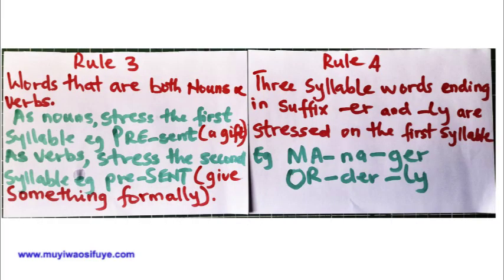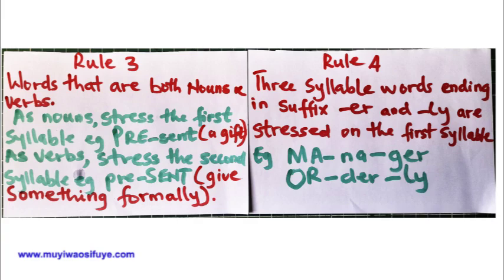Now for Rule 3, we have words that are both nouns and verbs. Some words act as both nouns and verbs. And so if such words act as nouns, you stress the first syllable. For example, we have